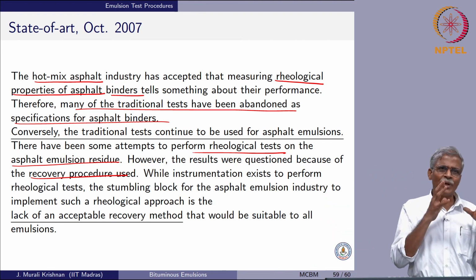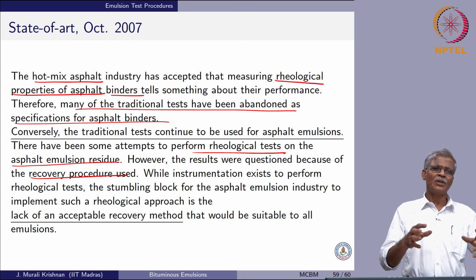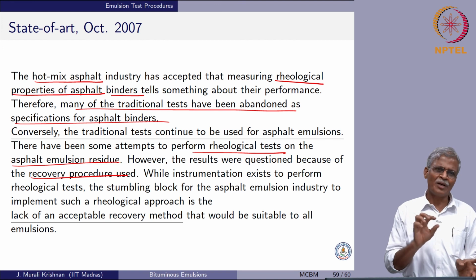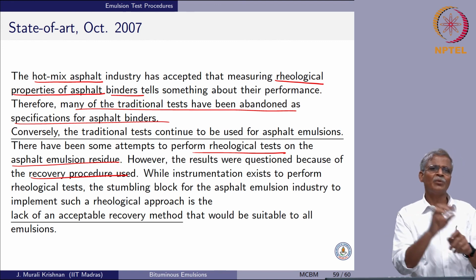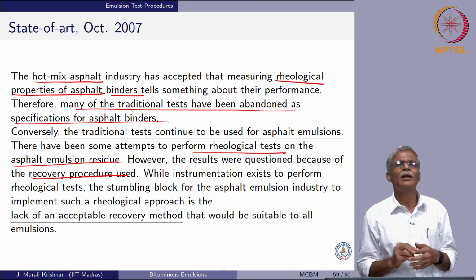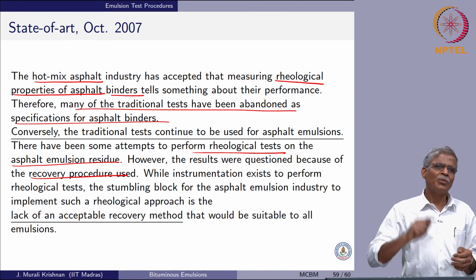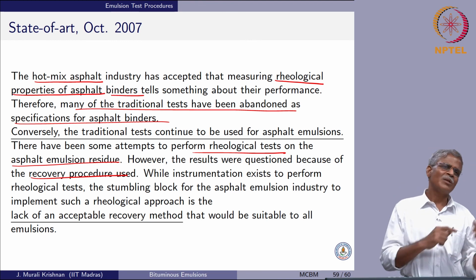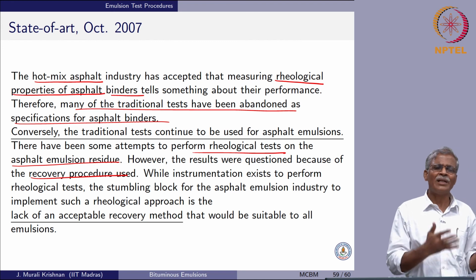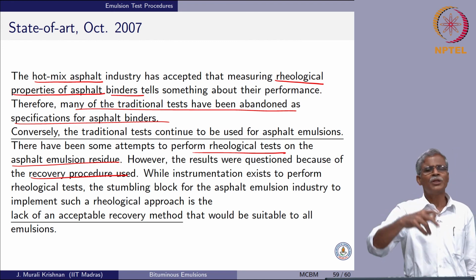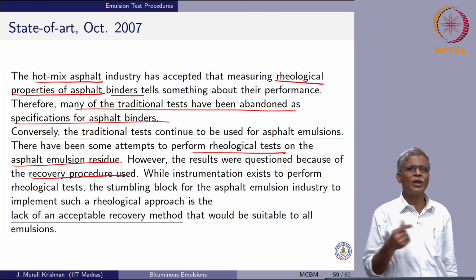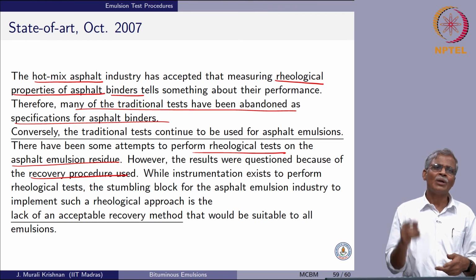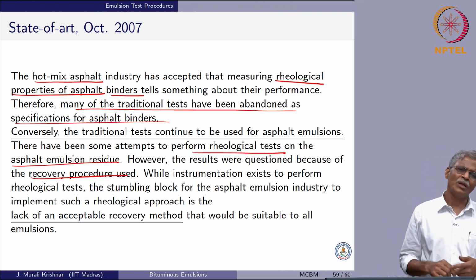That means you take an emulsion, do something in such a way that the water content is gone, and then you can actually find out, okay, this is the bitumen that was used for making the emulsion, so let me run some tests on it. Now, the point is you need to do the emulsion residue recovery procedure in the laboratory in a way that resembles what happens in the field. It is very easy to take an emulsion, pour it in a tray, push it in an oven at 120 degrees centigrade, and in no time the water is gone and you get the emulsion asphalt residue. But that is not really the residue that is available in the field,